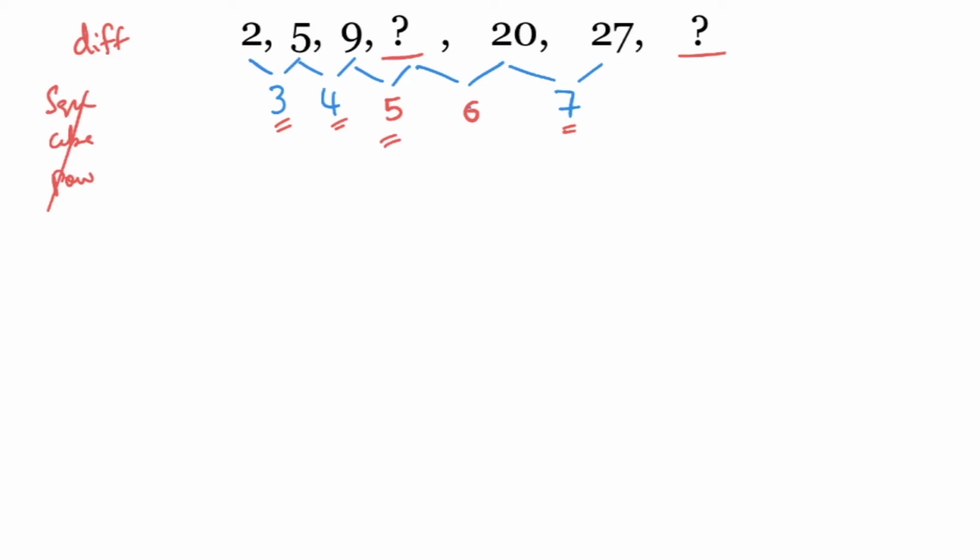If it is true, if 5 is next difference, 9 plus 5, 14 should be missing number. And next term 14 plus 6 20, so pattern is balanced, right? 2 plus 3 5, 5 plus 4 9, 9 plus 5 is 14, 14 plus 6 is 20. Next 20 plus 7 27, next difference is 8, 27 plus 8 is 35. So missing terms are 14 and 35.